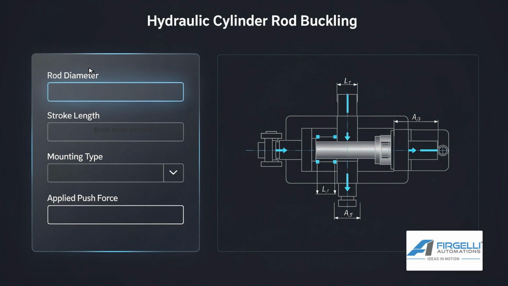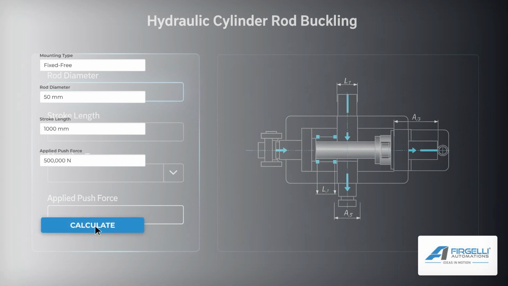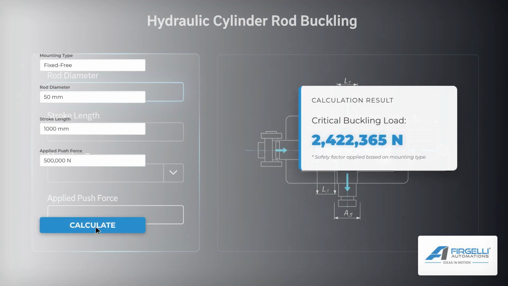Now enter your measurements. Rod diameter in millimeters, we'll input 10. Stroke length in millimeters, also 10. And applied push force in newtons, entering 10. Click Calculate Buckling Load. The results show a critical buckling load of